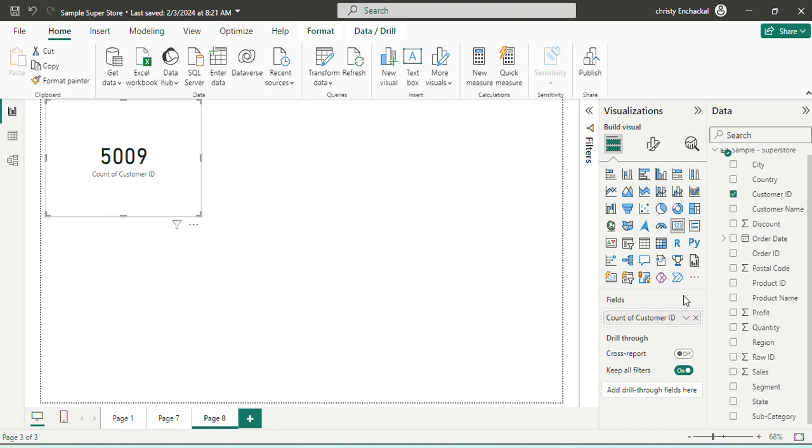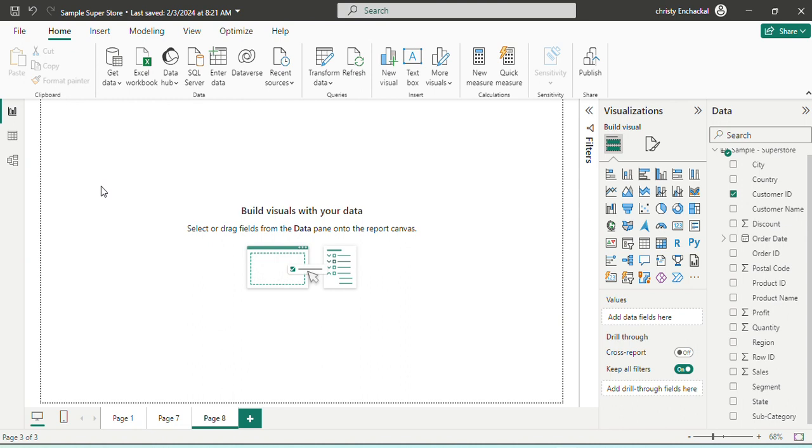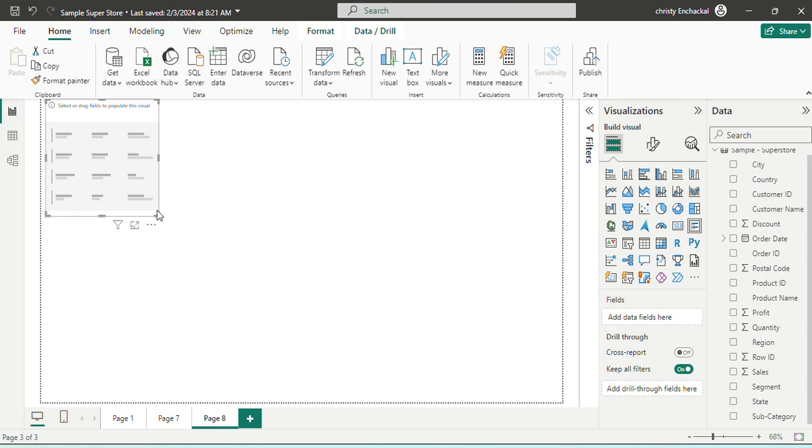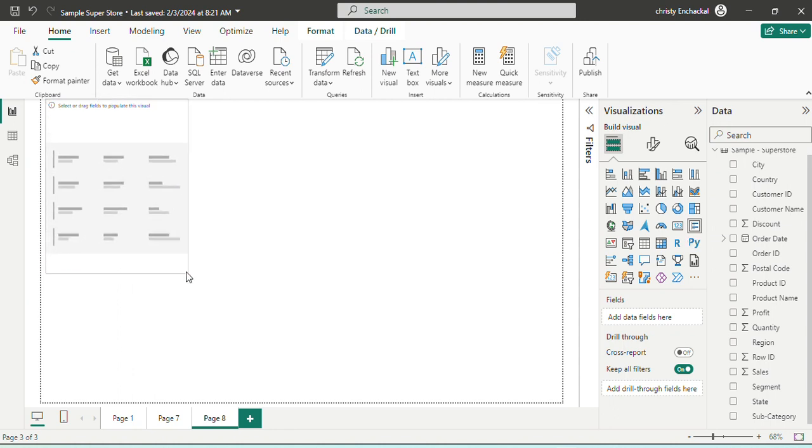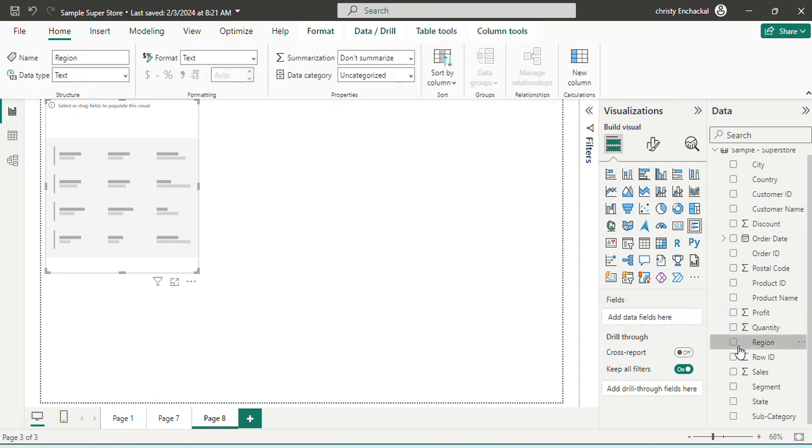Normally, multi-row card is used to display data in a very grouped format. Now let's see. Let's add a multi-row card. We know that this particular data has four different regions, and we just want to know what is the sales, what is the profit, that kind of information in each region. So let's add first region,